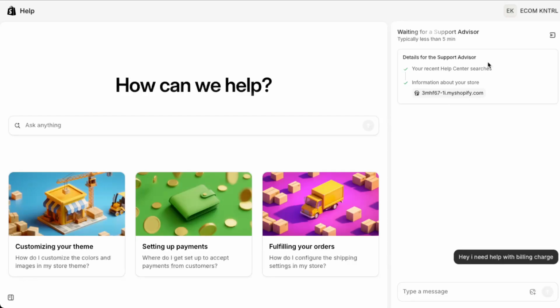Once you've typed your message, send it and wait for a response. You may get a few automated suggestions first, but stay in the chat and you'll be connected to a live support agent. Keep your store information handy in case they ask for details. And that's it. You've successfully started